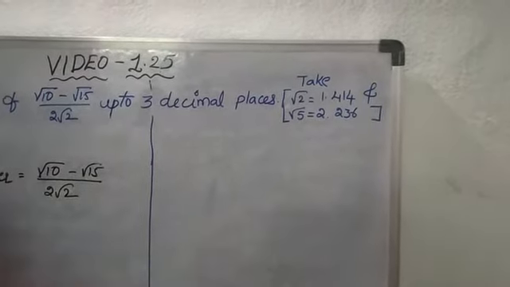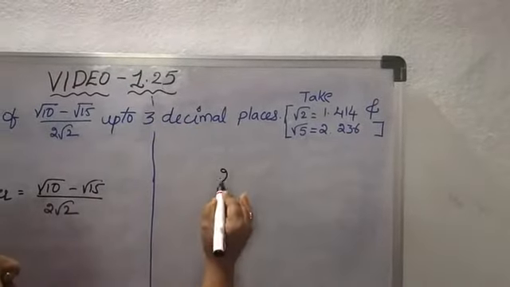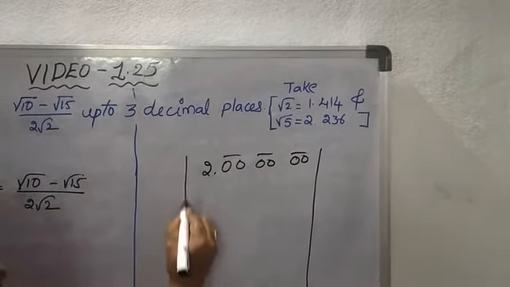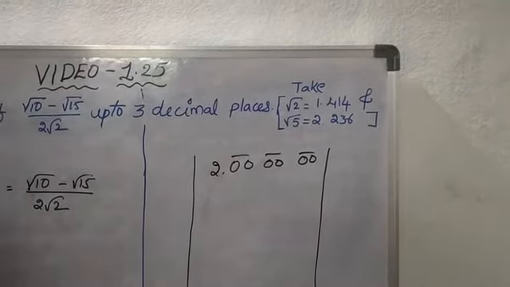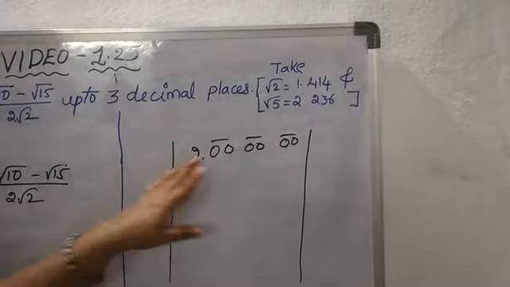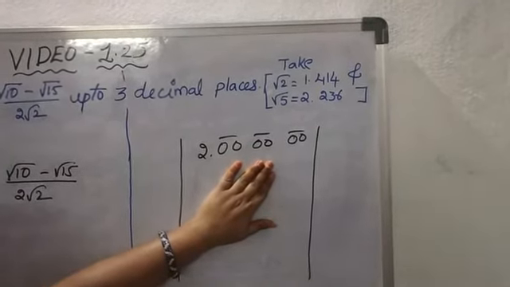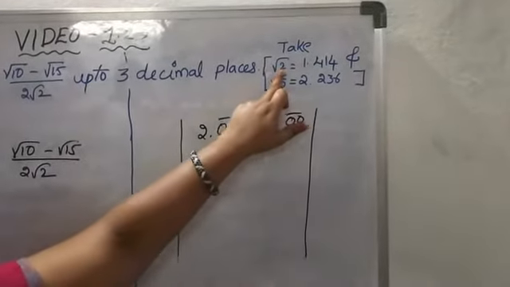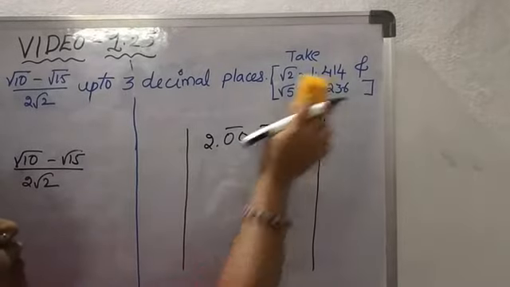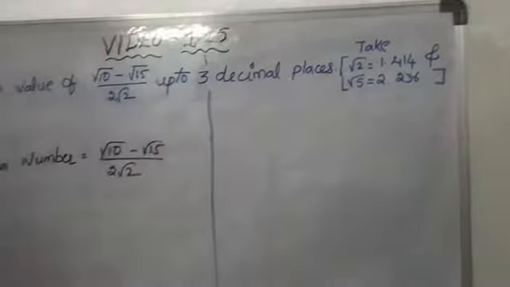Already in the previous class I said how to find the values of any irrational number by using the bar method. In 8th class you learned how to find this, and in this class also I explained it in the previous exercises. Using this method, the bar method, which we sometimes call the dot method, we have to find the given root values. By using this method we get the decimal values. Taking up to 3 decimals is enough.